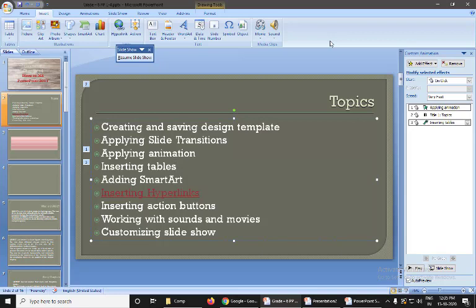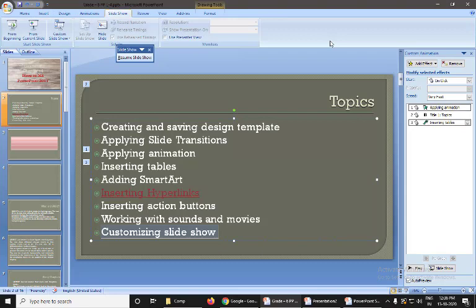The next you have is customizing slideshow. What is customizing slideshow? You have different types of slideshows to show. So slideshow, here you have custom slideshow.